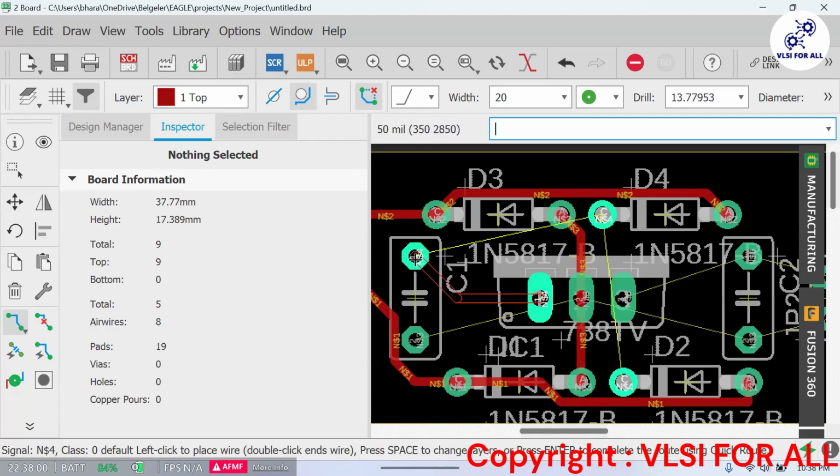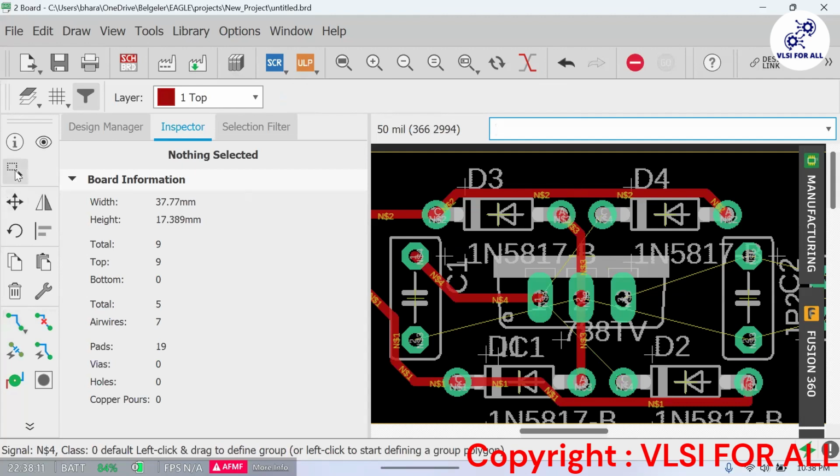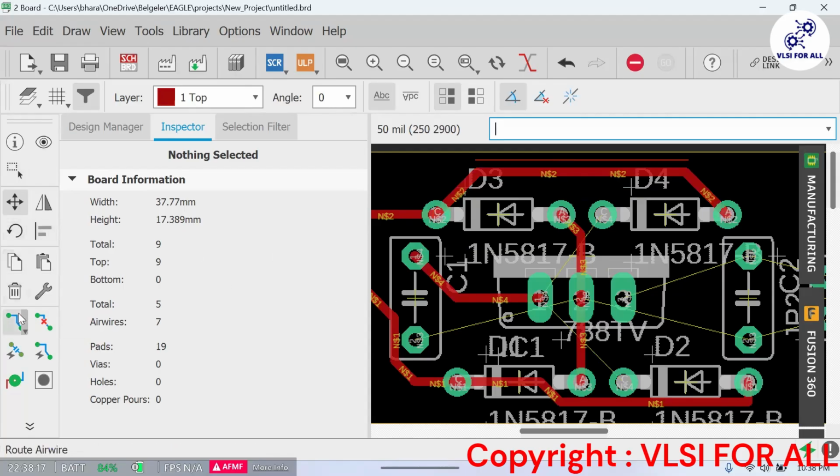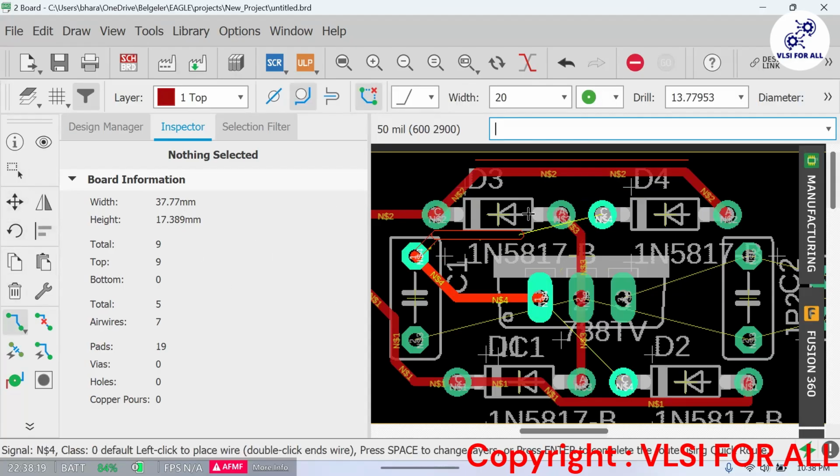But there is some issue, I guess. Okay, let me pull this guy a little bit to the top so I can do a small routing.